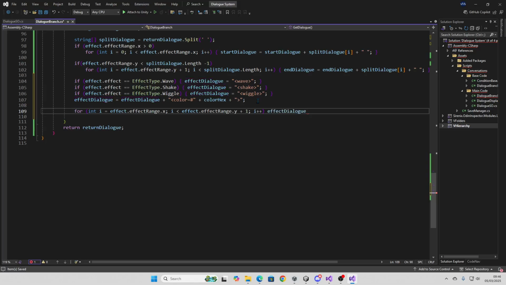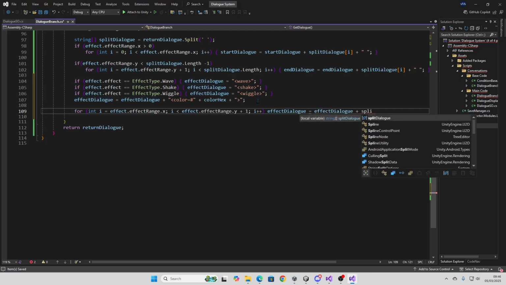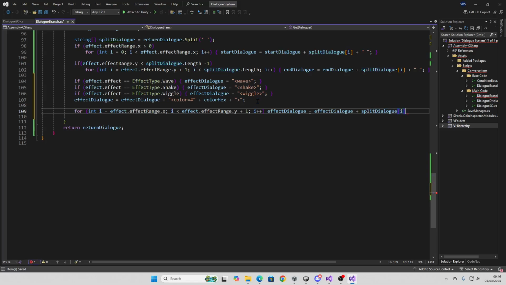Dialog is going to be equal to the effect dialog plus split dialog I. Okay, so either we add one of these things, we will definitely add the color, and then here we're adding